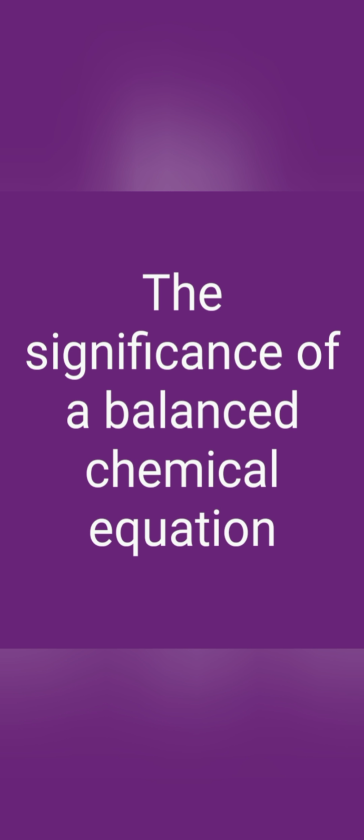Now, the significance of a balanced chemical equation. The balanced chemical equation gives information about, first, which substances are taking part in the chemical reaction and what products are obtained as a result of it. Second, it shows both the number of molecules and the number of atoms of each type involved in the reaction. And third, it enables us to calculate the actual amount of reactants and products involved in the reaction if the atomic mass of each element involved in the reaction is known.